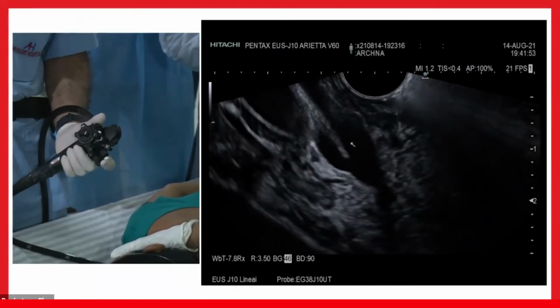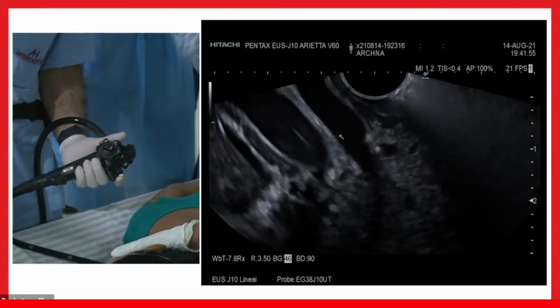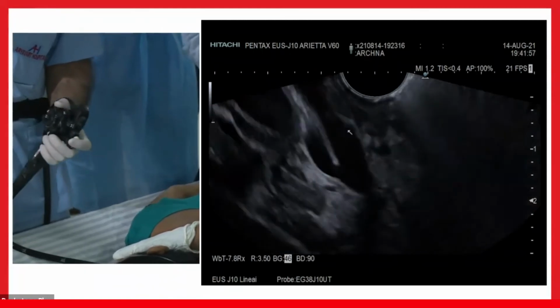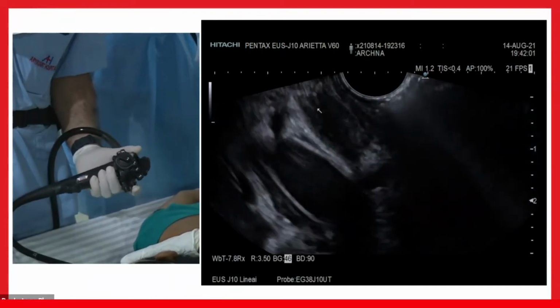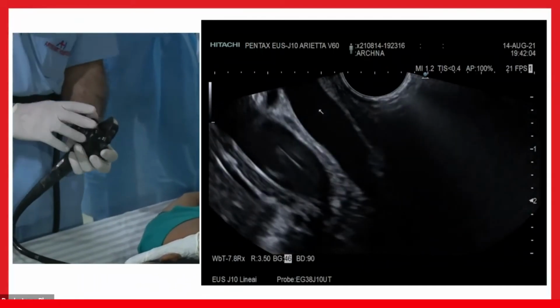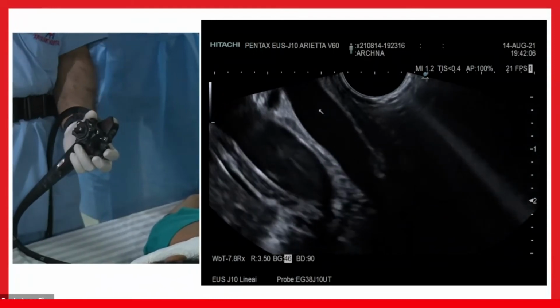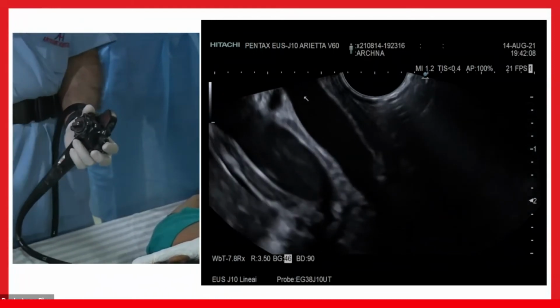This is the bile duct. I am tracking, this is the cystic duct. Is there a stone? No stone, because I can see this is the bile duct, and I trace this bile duct all the way out. But once I trace this bile duct all the way towards the hilum, now this bile duct appears